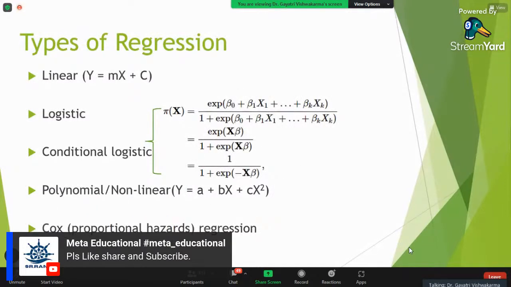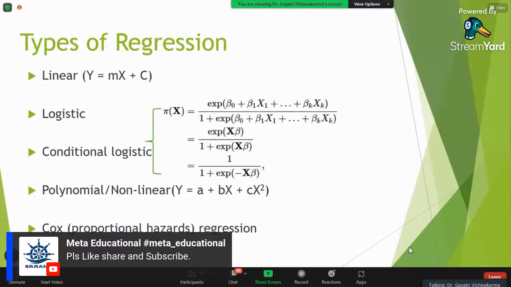There are different types of regression. You have heard about linear regression, which we are going to talk about today, and logistic regression. It is a very vast subject, and we cannot cover it in 2 hours of session, but we are trying to cover as much as possible. How do you decide which type of regression to use for analyzing two variables, x and y?